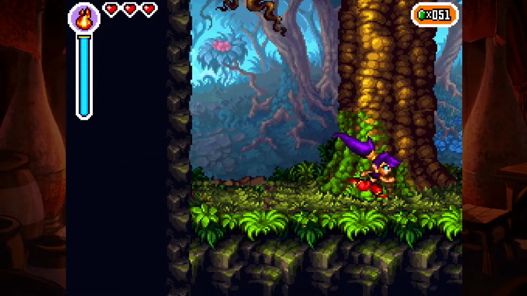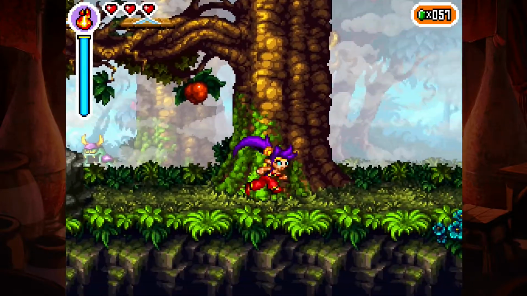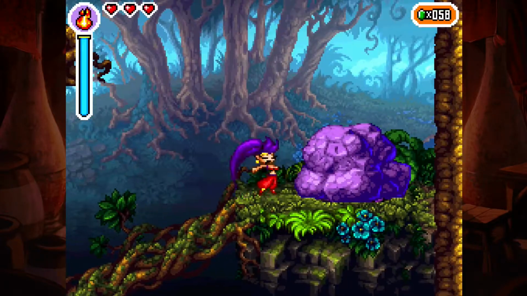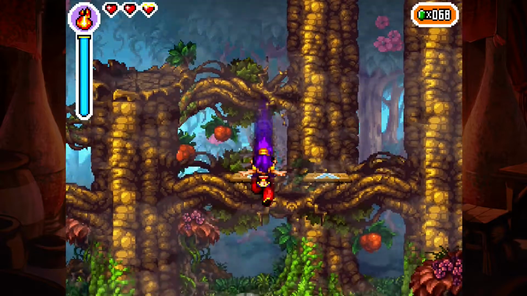Gotta say, I really like this area's music, it's very relaxing. Going right instead and ignoring the jump pads for now, I move on to another screen. There's a huge purple boulder and nothing else I can do right now. So I go back to those two jump pads and use the one that takes me to a new section